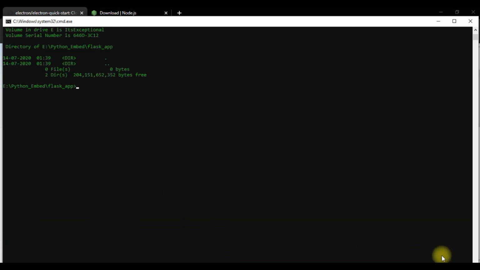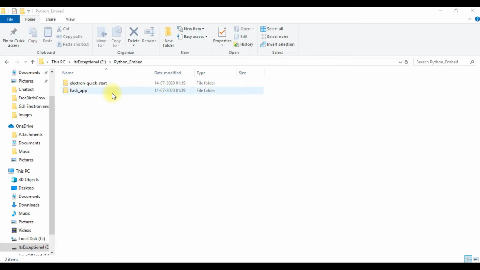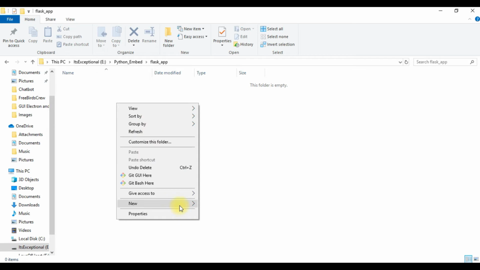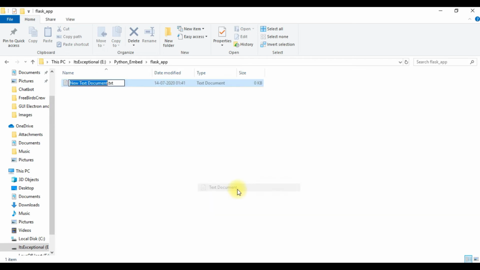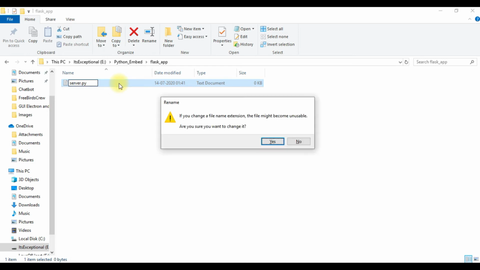So this is our folder Flask app. We need to create a new Python file here. Just change the name of this. I can make it server dot py.